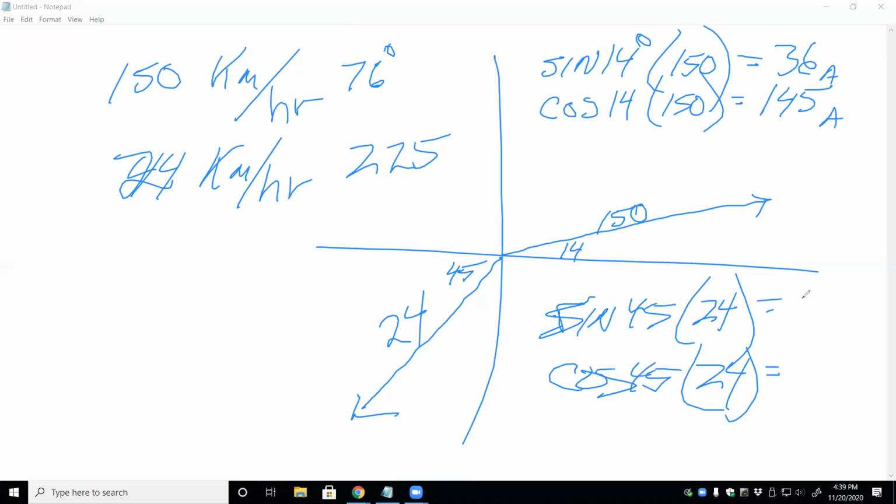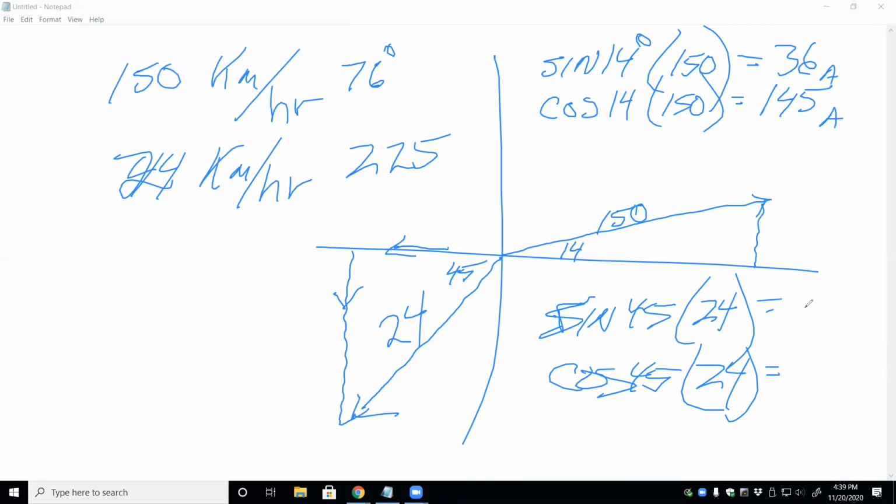Oh, because 225 and 45 are the same angle equivalent, right? Yes. I just didn't know where we were getting that. Just like I converted the 76 degrees to 14 degrees so that I could work with this triangle here, and that triangle is dependent on that 14-degree angle. Over here, I'm basically working with this triangle, so I'm trying to figure out this component and this component. And so what do we have for